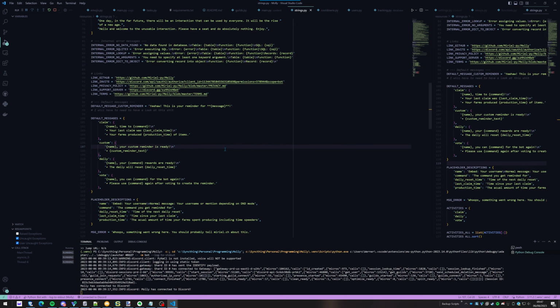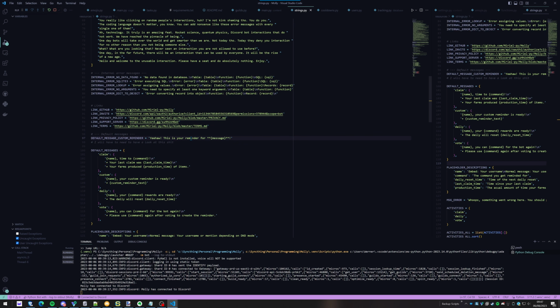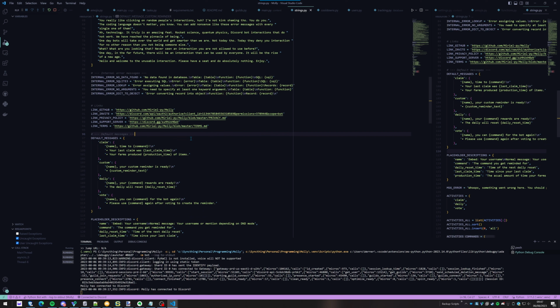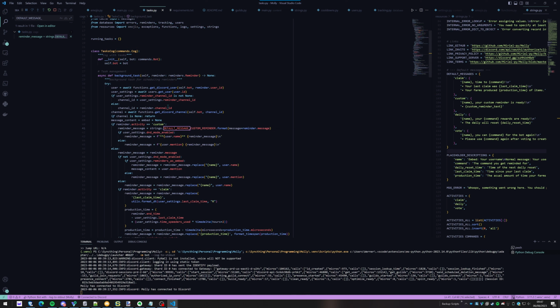So, custom reminders ready. I can always change it later. So, the default message custom reminder. Now this can go die. Default message custom reminder. That is used here. Only here. So, yeah, okay, that's easy. So I just store the text the user inputs in the database and then only make it here. So that's easy. So if it is custom reminder message,